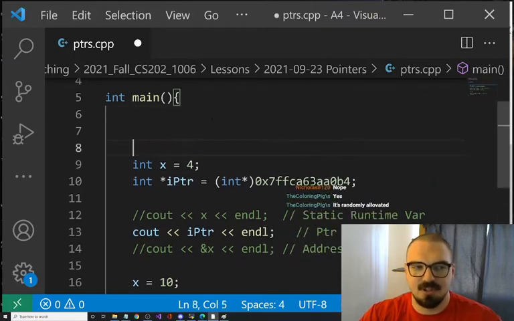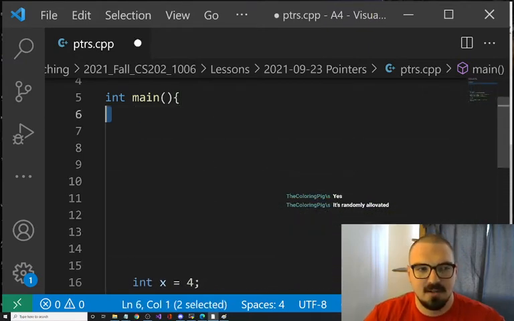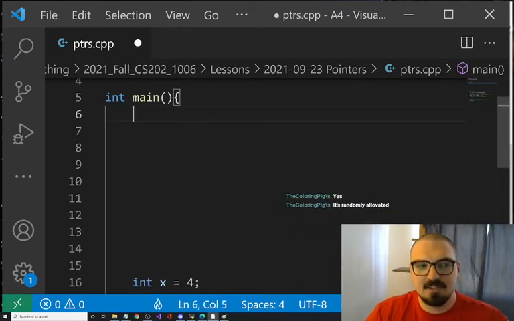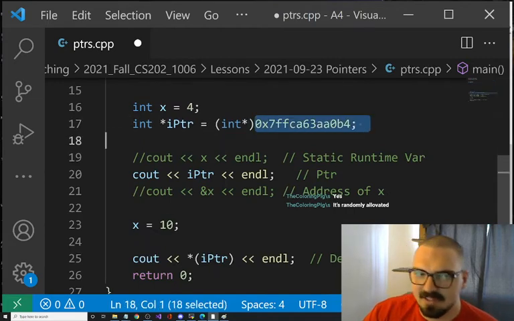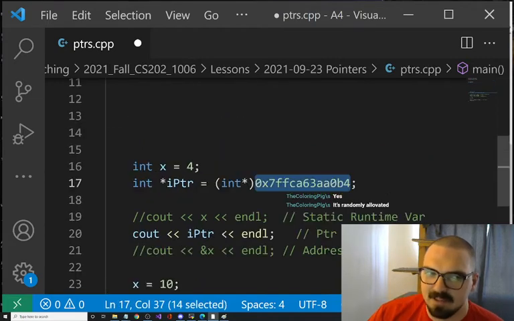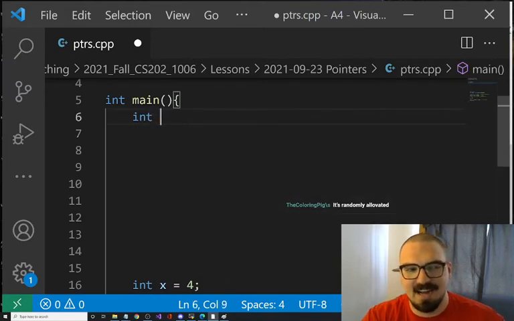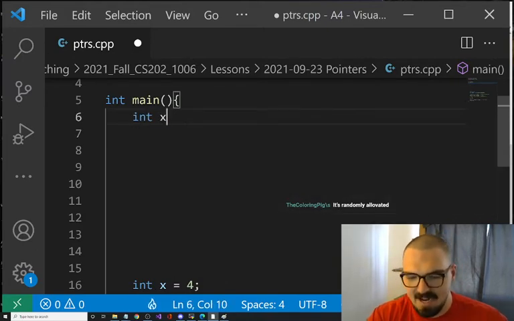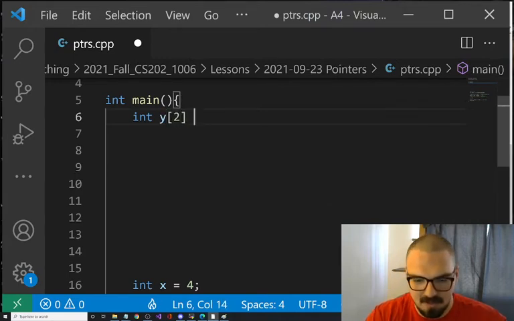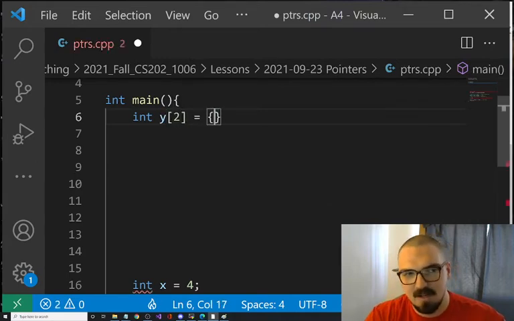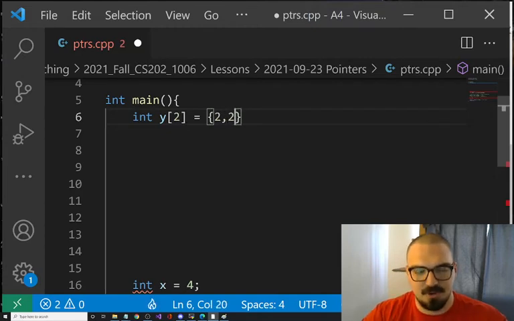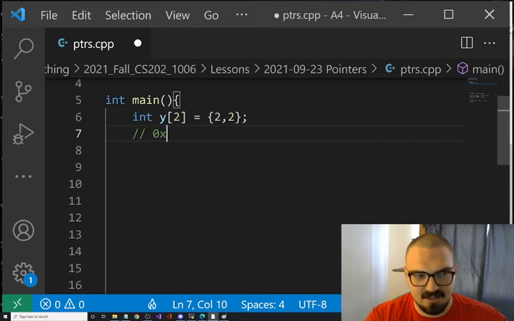Recall if I were to do something like this. All I'm saying is we know this exists in my memory somewhere. And so I would say the behavior is undefined. If I say, you know, int y, an array of size 2, and I say equal, I don't know, 2, 2. Now we're going to assume that this 0x003 starts here.